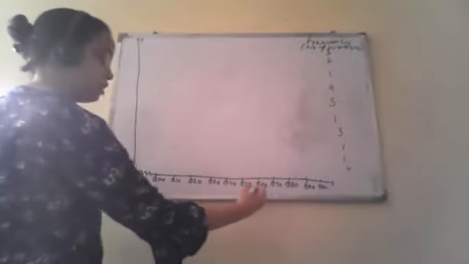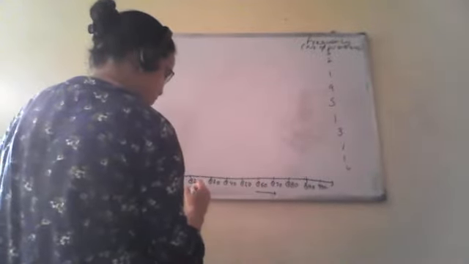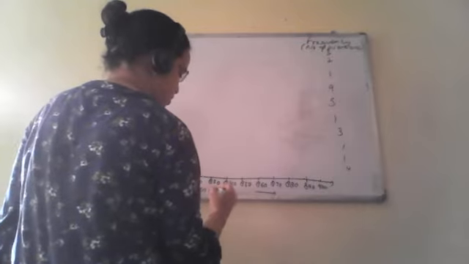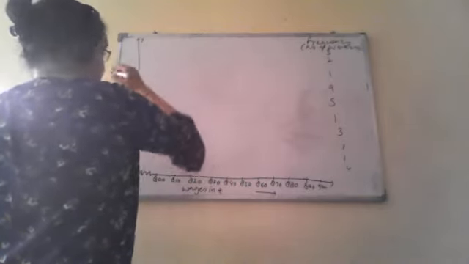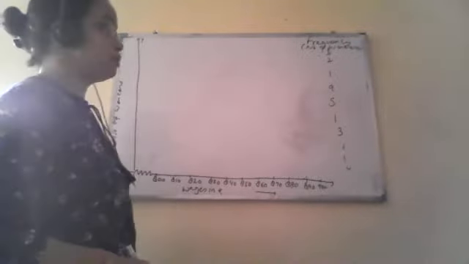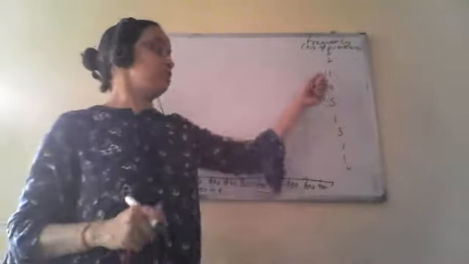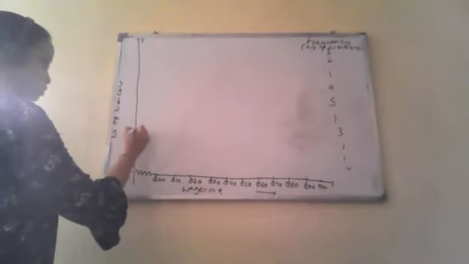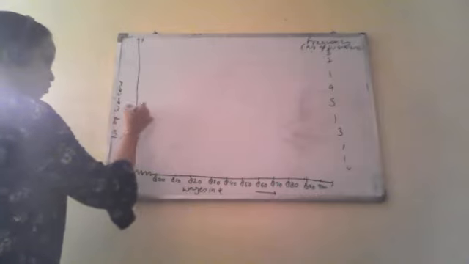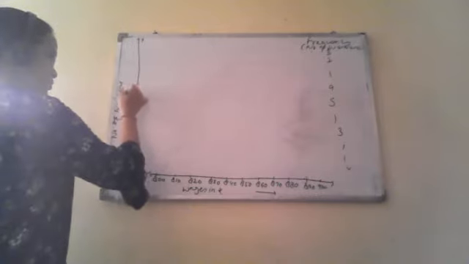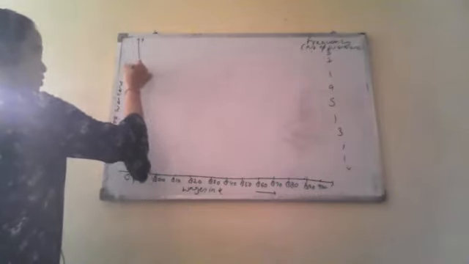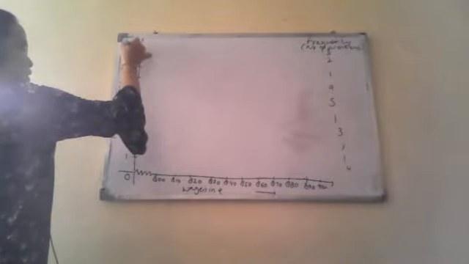And here we have wages in rupees. On x-axis we are taking wages in rupees and on y-axis we are taking number of workers. Number of workers can be taken as 1, 2, 3, 4, up to 10, because maximum value is 9.